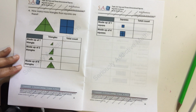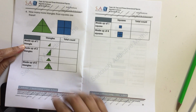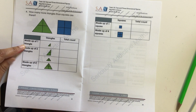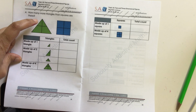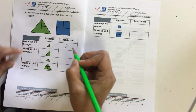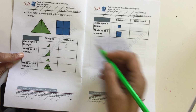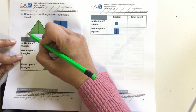Now, I want you to turn to page 12. Page 12 looks a little bit tricky, but it's really not. So, made up of 1 triangle. How many of these pieces is made up of 1 triangle? We have 1, 2. 2 pieces that are made up of triangles. Made up of 2 triangles, okay? So with 2 triangles, we have this piece here,